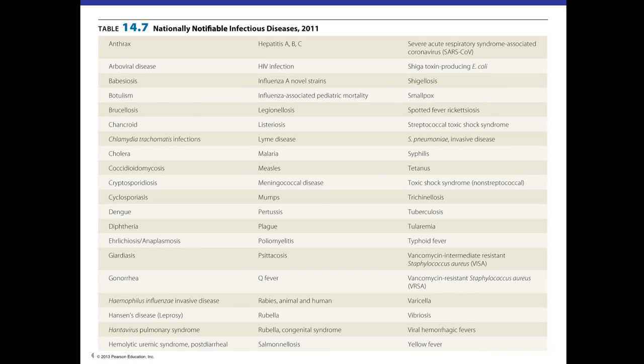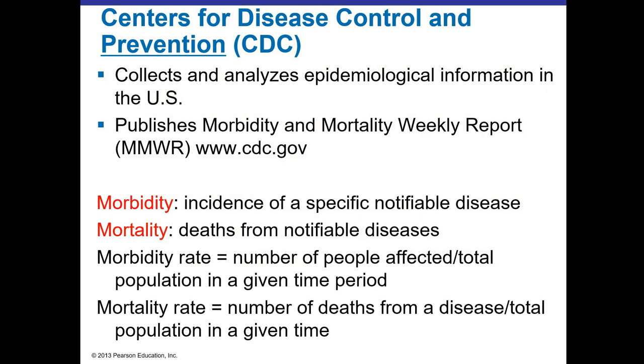So you see things on there that probably make sense: measles and mumps, the plague. Other things that maybe you wouldn't think, smallpox. Even though we haven't seen a natural case of smallpox since 1977, we still maintain it on the list because obviously that would be reportable. Many of our sexually transmitted diseases are found on this list as well.